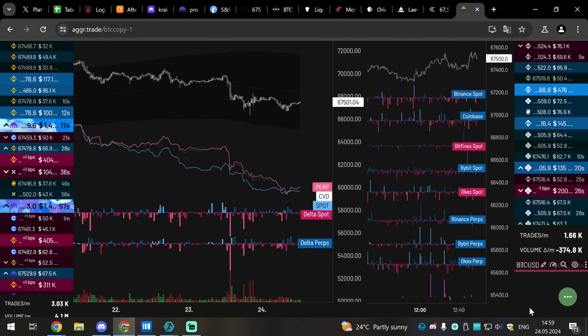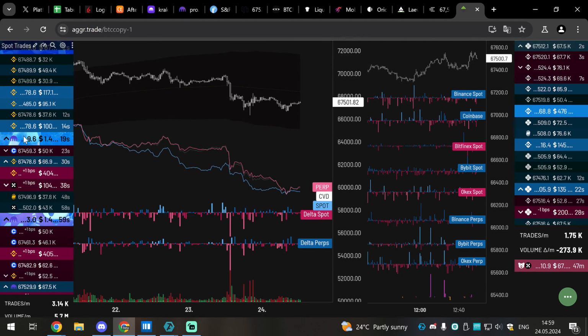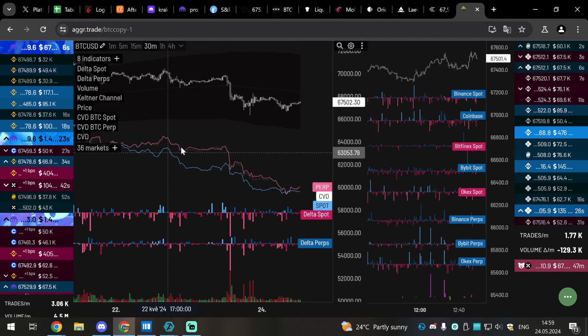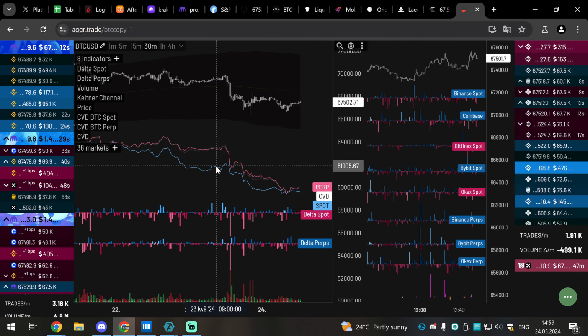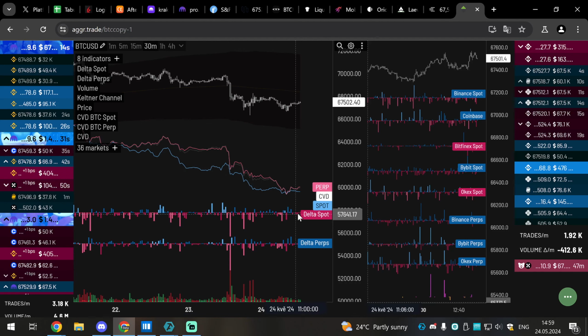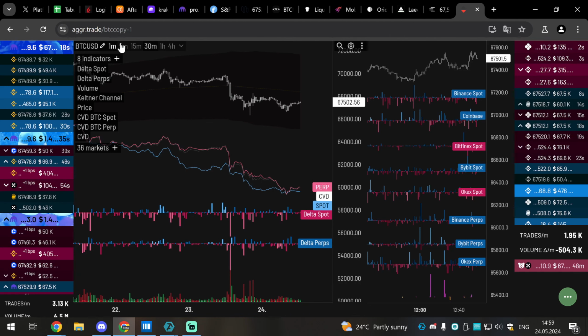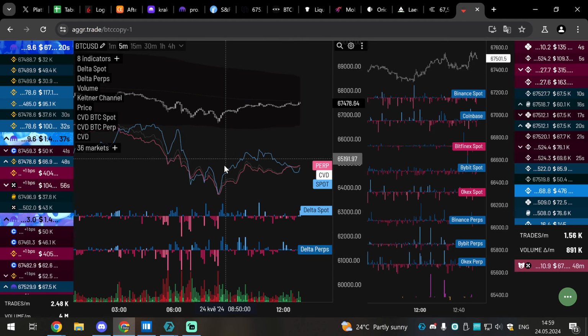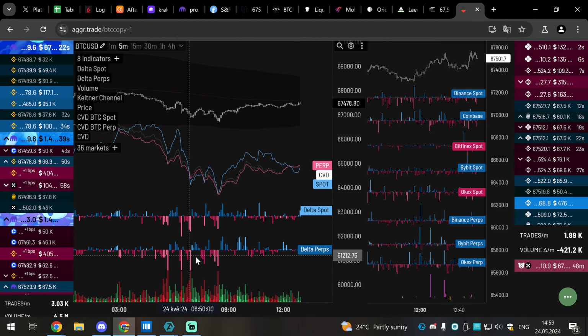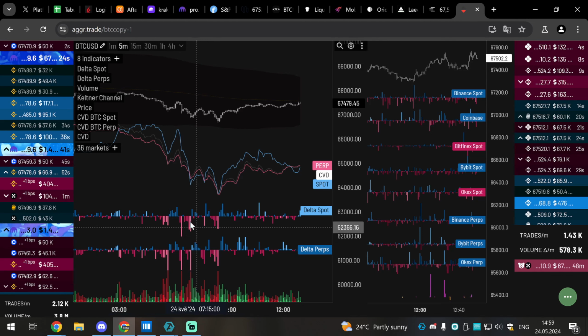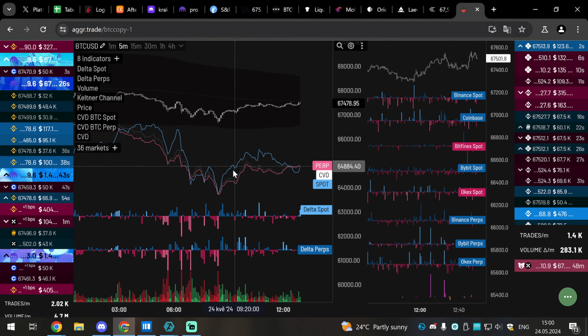This is the free template you will be getting. On the left you have spot trades, significant spot trades which are leading the market. Here you have the comparison: the purple line is the perpetual CVD, the blue line is the spot CVD. You also have delta from spot, delta from perps. You can do comparisons of who is leading the market. You need to go to lower time frames. If delta is selling much heavier than spot, you have potential to create a bull or